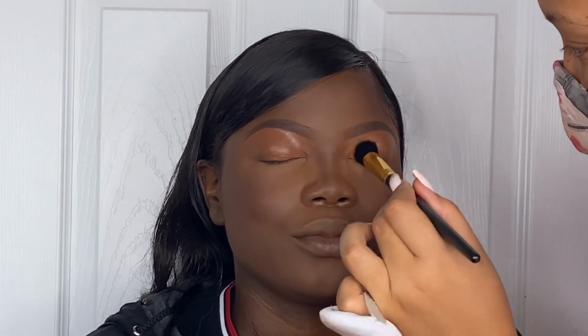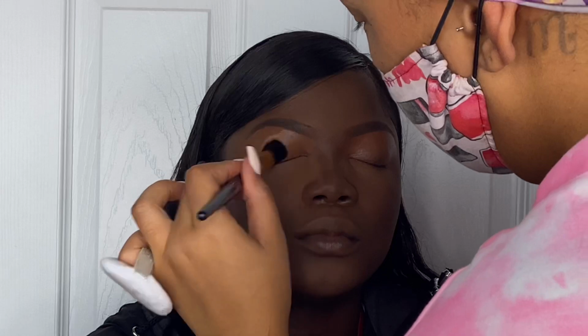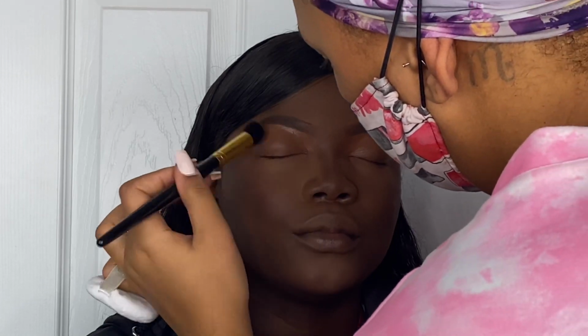I'm going to go in and blend out that concealer. I'm only using this concealer because I'm not doing any eyes, so I don't need to use any base. So I'm just dragging that concealer down all the way on her eyelids. And then I'm going to go back in with that Madame Glow. I think it was shade 1